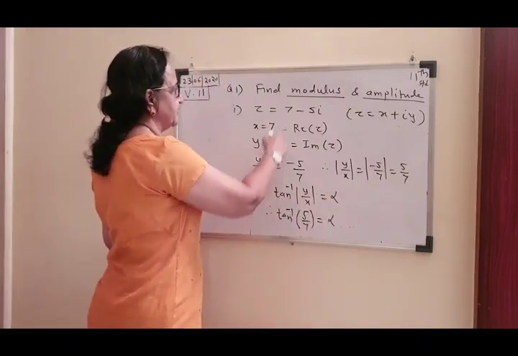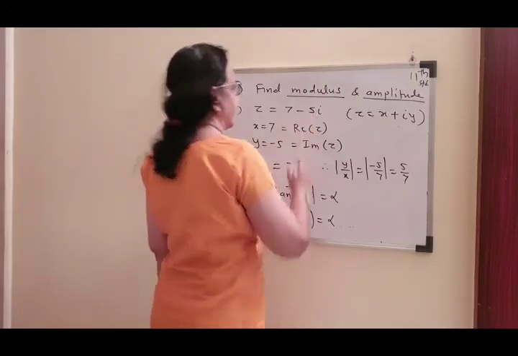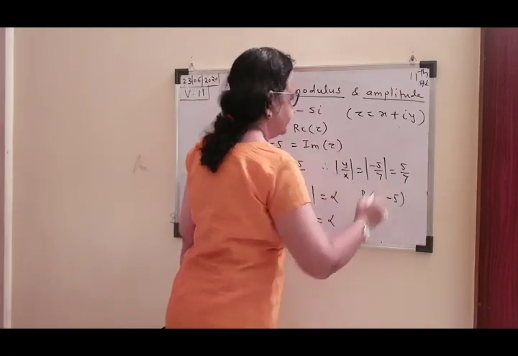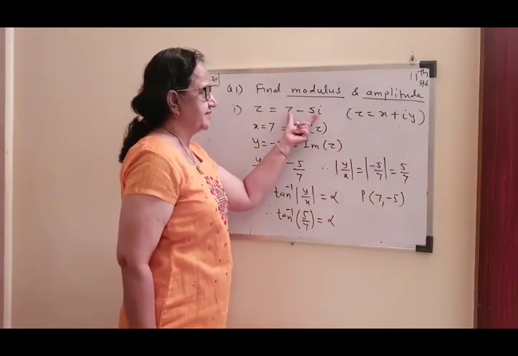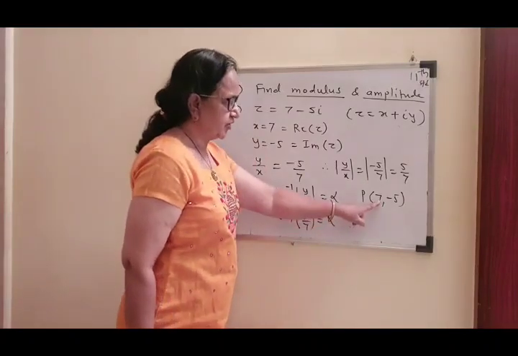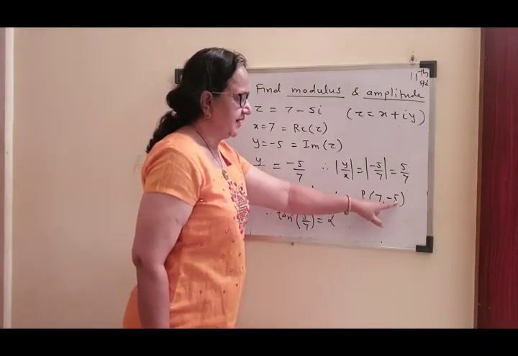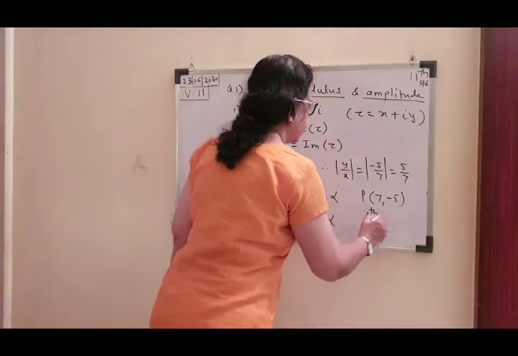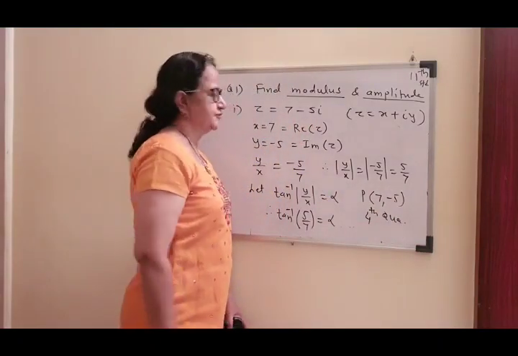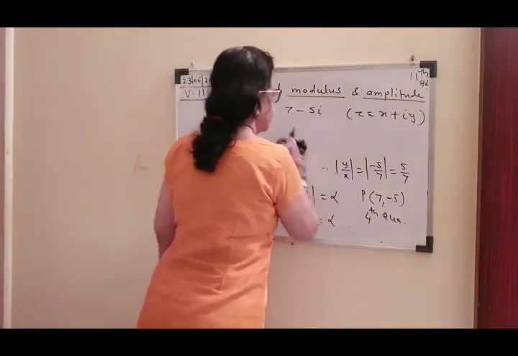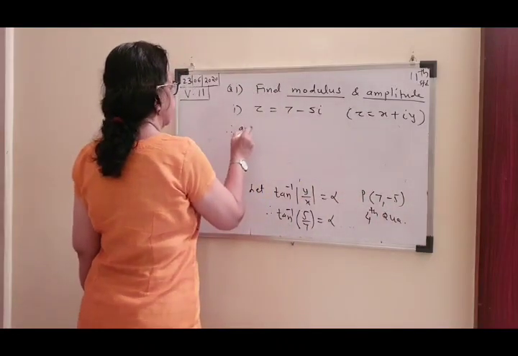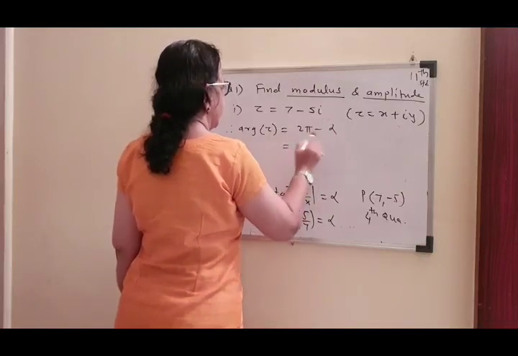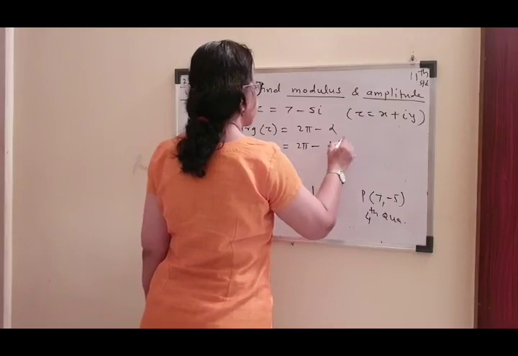And now see which quadrant this complex number is going to lie in. So P is the point 7 comma minus 5, which will represent the complex number 7 minus 5i on the Argand diagram. Which quadrant does it lie in? X is positive, but y is negative. So we are in the fourth quadrant. The point lies in the fourth quadrant, and therefore your answer: argument of z will be given by 2 pi minus alpha. So it will be 2 pi minus tan inverse 5 upon 7.